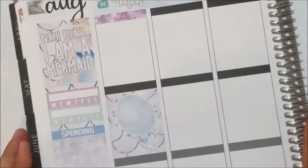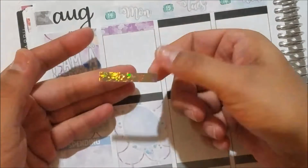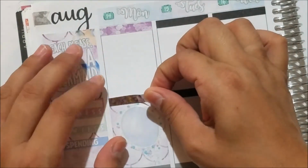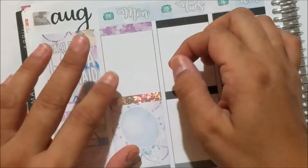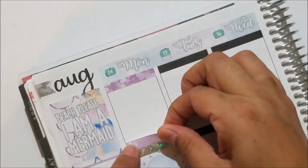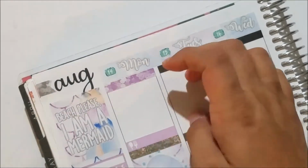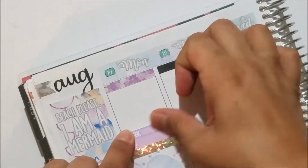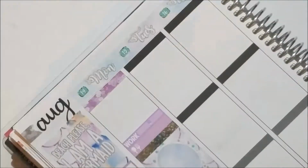And then I love Caress Press also, which again, most of those are probably shops that I already mentioned, but that's kind of why they were in the other categories. And there I was just showing you that I'm using a holographic foiled header that I got from Frank Hearts You. I just thought it was really cute and added a little bit of something and went really well with